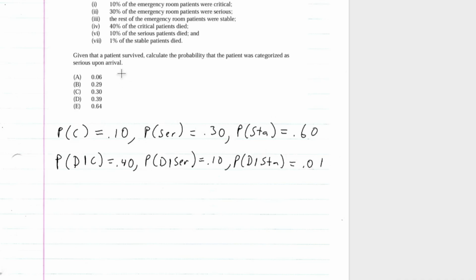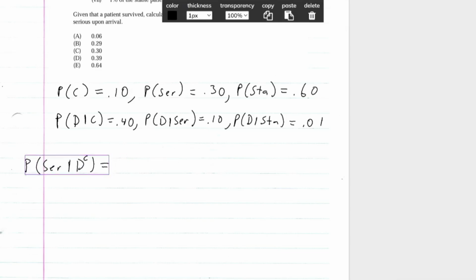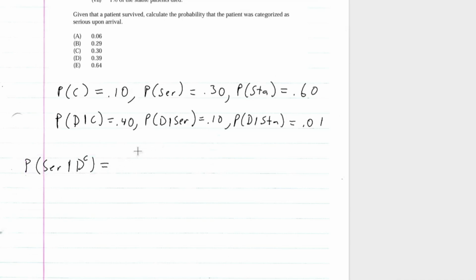Given that a patient survived, calculate the probability that the patient was categorized as serious upon arrival. So the probability that they were serious, given that they survived, which would be D complement. Using Bayes' theorem, this is equal to the probability of D complement given serious times the probability of serious, all over